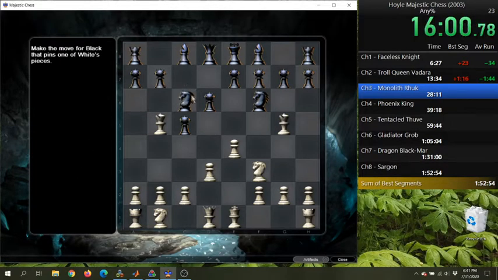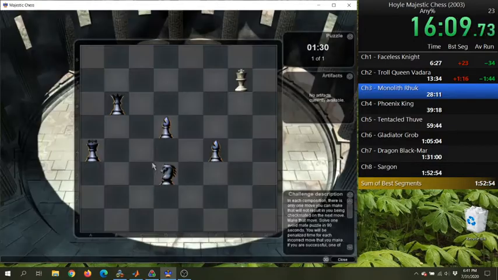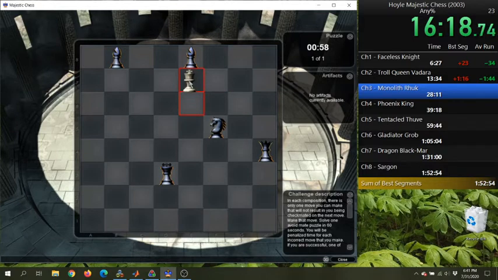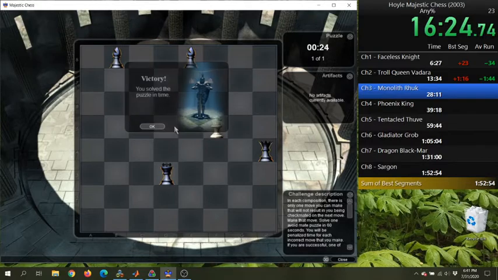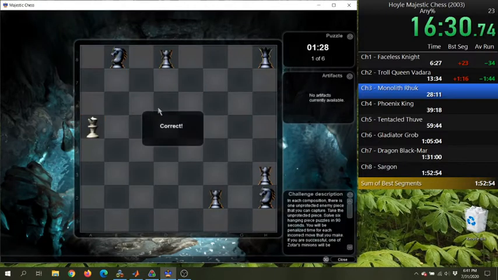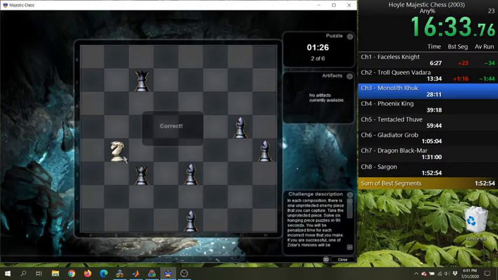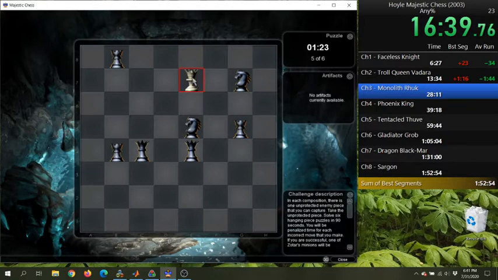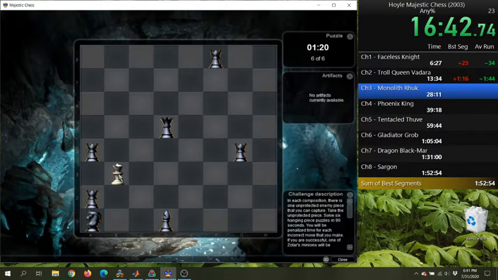Move for black pins. There we go. So that was an odd one. These I tend to just guess on because it's faster. You're supposed to move. There's only one square that prevents you from being mated in one. Can usually get pretty close just by, it's usually on the 1 or 2 squares that you're not, this is hanging piece. It's not attacked, so you haven't got very many ways that you could possibly get it wrong.